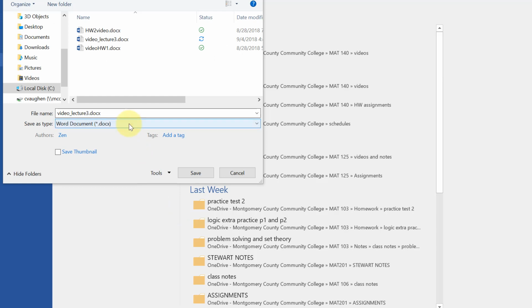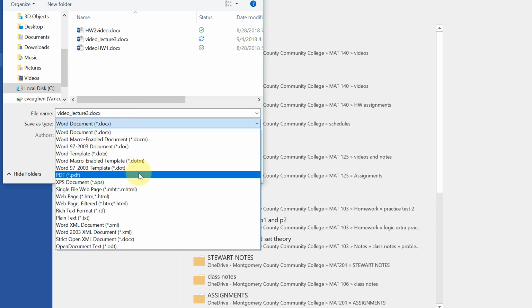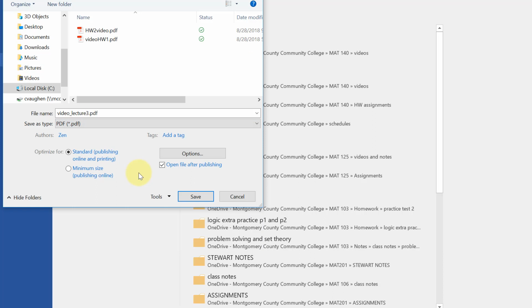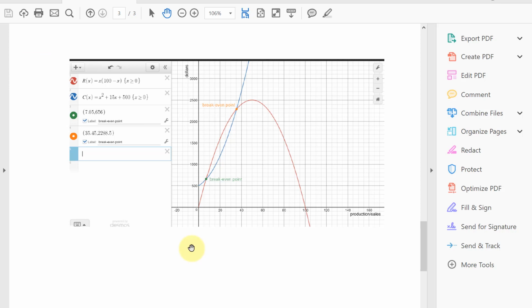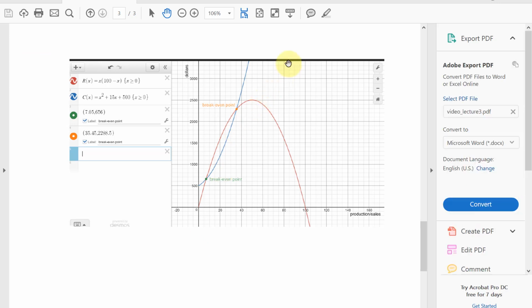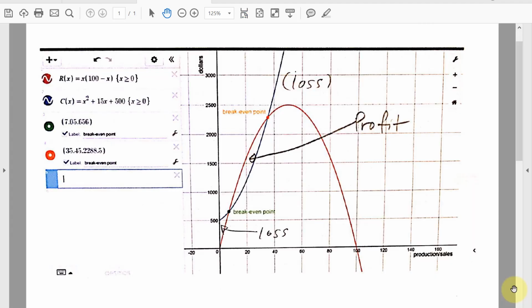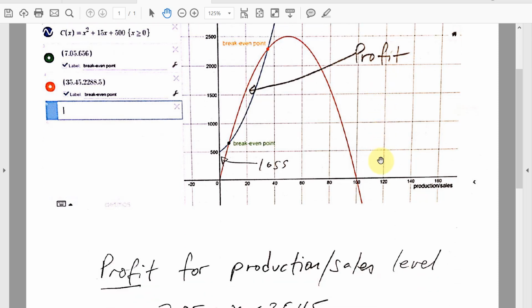When you're in Word, you can save your document from there. If you put something into Word, you can save it as a PDF from Word, and then you could submit that PDF that way. And here I could possibly add in some annotations to indicate the regions of profit and loss. Well, finally, I just had to write it in with pencil. The computer that I'm using to record doesn't have the ability to edit the PDF. So I just decided to print it out, write it with pencil, and I included this little note that says